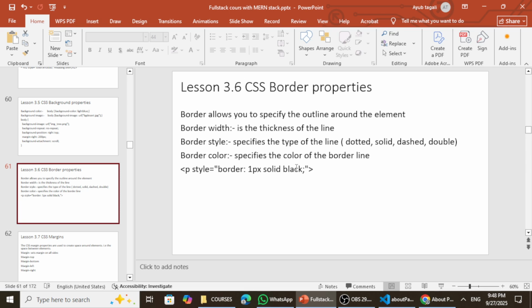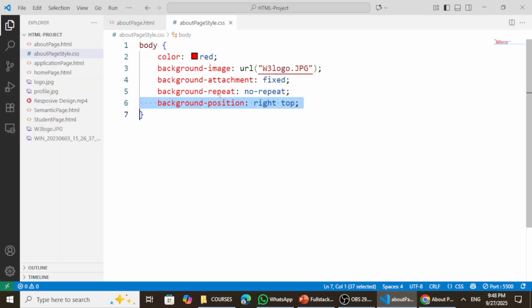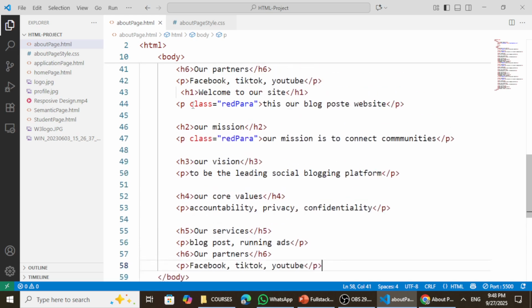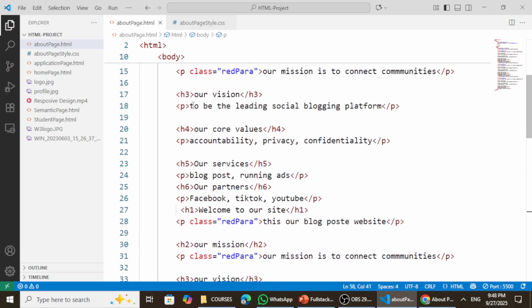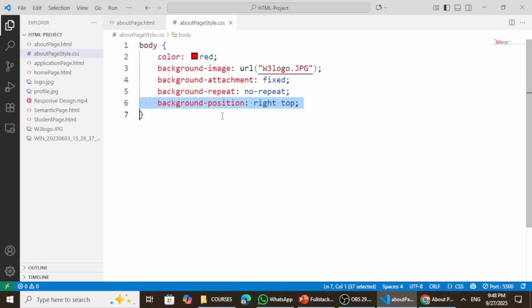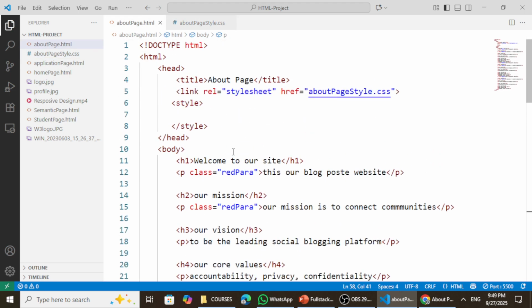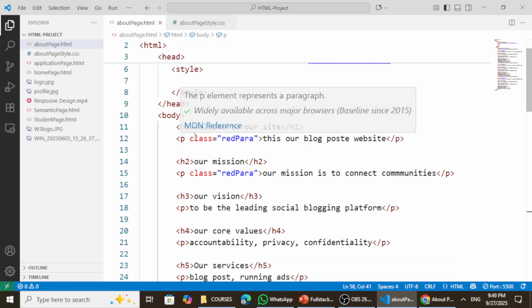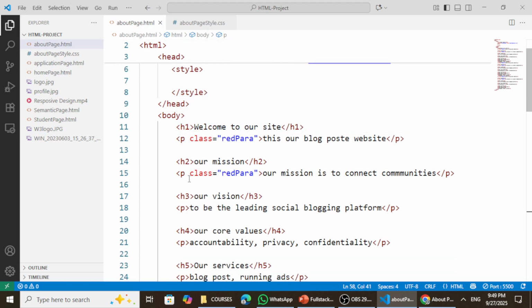to our HTML elements. So I'm going to turn over to my Visual Studio Code, and in our previous code you can see this is our HTML page, and this is the style for the about page. In this about page, I'm going to apply the border to the first paragraph and the second paragraph. So I'm going to have two paragraphs below here, so I'm going to delete even this class name, and this is our first paragraph. So let me add a line break